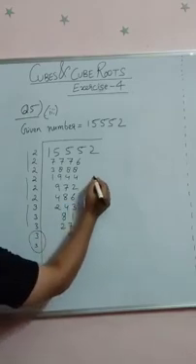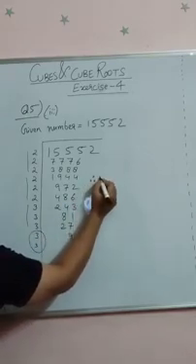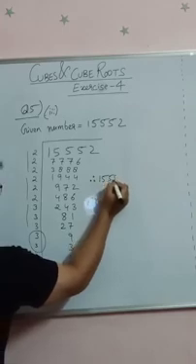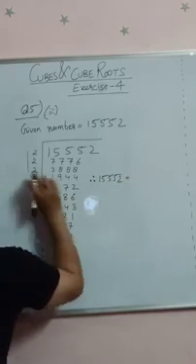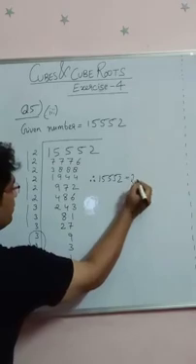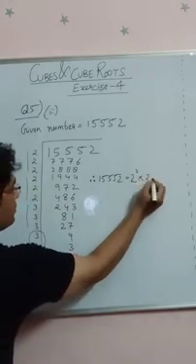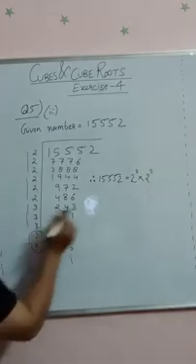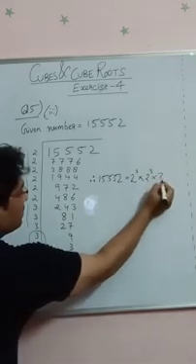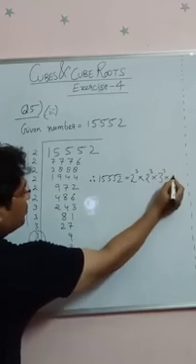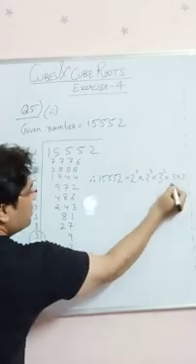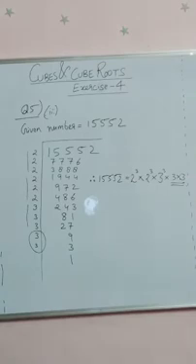So we can write therefore the number given, that is 15,552, as the cube of 2 multiplied by the cube of 2 multiplied by the cube of 3 multiplied by 3 into 3. Now this 3 into 3 is not in the form of a triplet. So how can we make it a triplet? By simply multiplying another 3 to it.